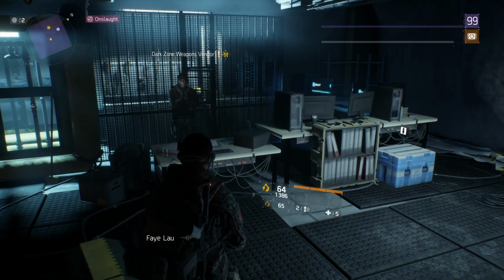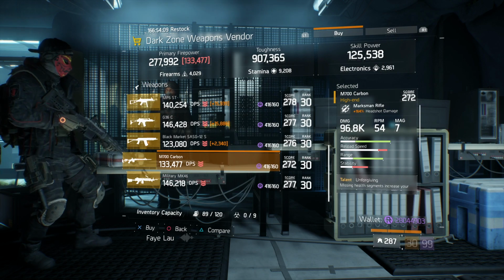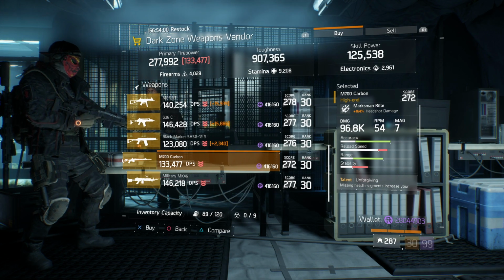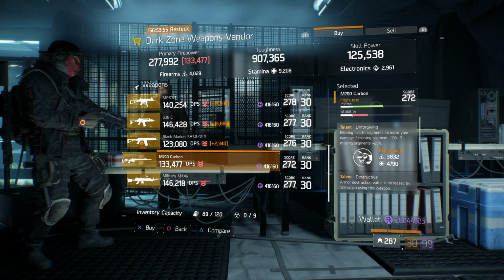Now, the item you want to pick up is going to be located right here at this Dark Zone weapon vendor, and the item you want to pick up is going to be this M700 Carbon. It has 164% headshot damage. The base damage is 96,000. That's with my firearms of only 4,000. It has Unforgiving,